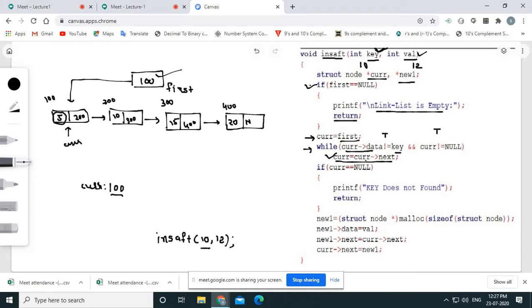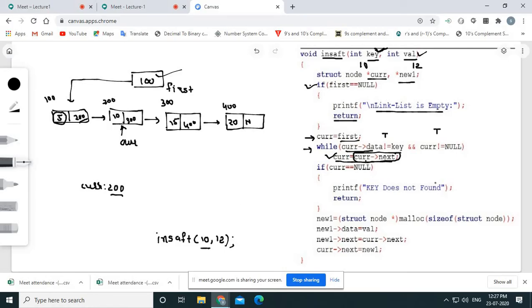Currently the current pointer is situated on 100, and what is there in the next part of current? That is 200. So you are assigning 200 to current, and now the current pointer will be shifted to 200, so my current pointer will come here.